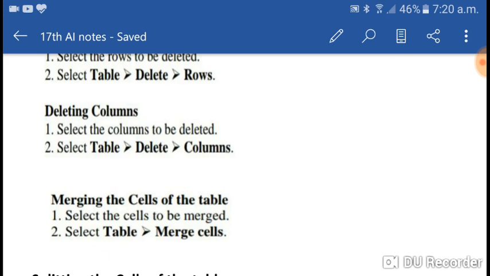You want to delete one column, you want to delete multiple columns, select, and from the table again select the table menu, delete option. You have seen after the insert there is the delete option, and from the delete, which option do we want to select? Column. Yes, you want to delete the column, select the column from the table, and then from the delete drop down menu.